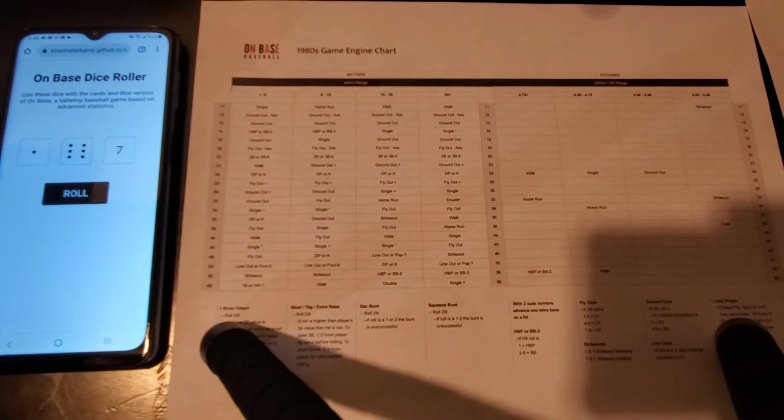1-6 is going to be a fly out with an advance of the runners. It's a fly out to right field, deep right center field, and that's going to score the run from third. So we'll call that a sac fly, and that's also going to advance the runner to second base. Runner moves up, Dykstra moves up. That's going to be out number 2 in the inning. But it does score the run from third, so Santana comes in on the sacrifice fly from Wally Backman.